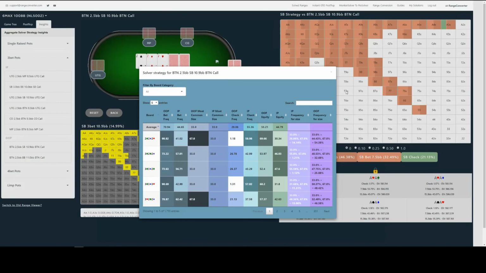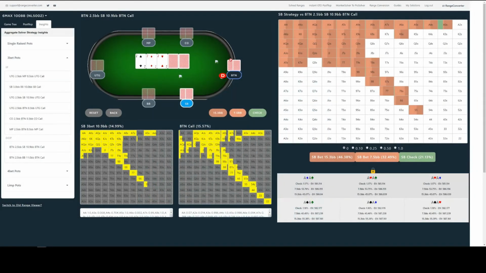Okay, that about wraps up this video for the post-flop browser and post-flop insights module, now available at Range Converter. Hope it's been useful. We're pretty excited about these products and their potential. Got a lot of updates on the way, no spoilers, and this is the first version of this product suite. We think they'll provide you with a lot of value when it comes to GTO study and research to help improve your game plan and unlock your poker potential.